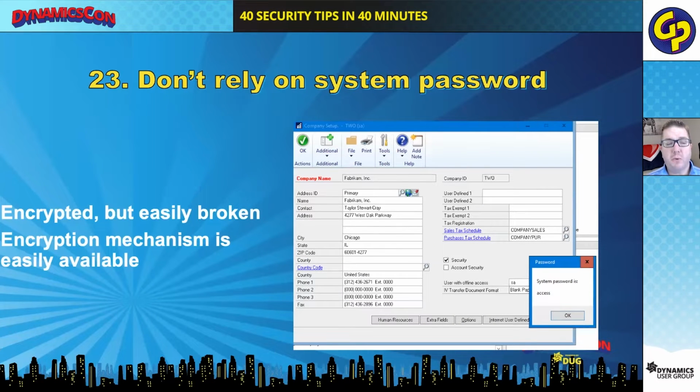The system password is encrypted, but it is very easily broken. It technically meets the definition of encryption. It's not quite A=1, B=2, but it's very close to that. The encryption mechanism is easily available on the internet. I have an example here of a just stupidly simple customization I wrote that'll reveal the system password. So if you have it, feel free to have it, but don't feel like